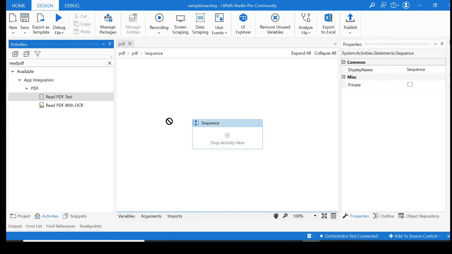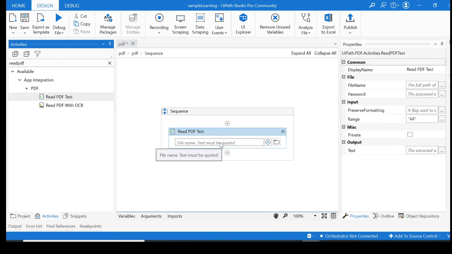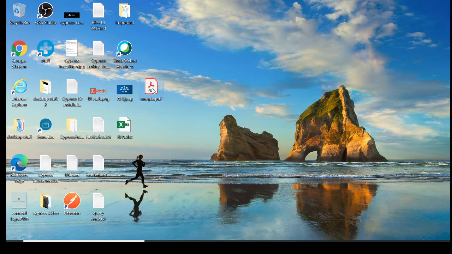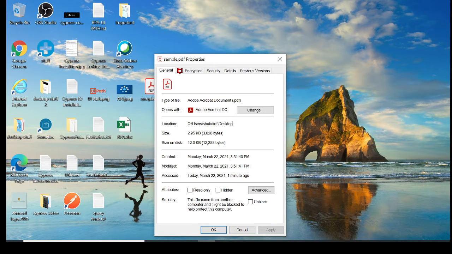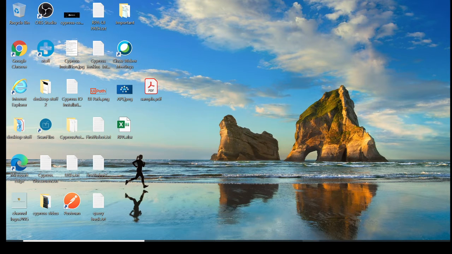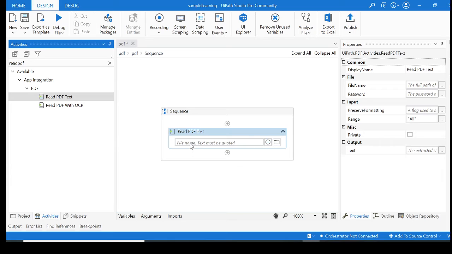Now let's read PDF text, drop the activity over here. Here it is asking for the file name and file path. Okay, let's go. Right click on it, properties, copy this path, right? Go to your UiPath. It should be quoted and with sample.pdf, and you need to store it into some kind of variable.